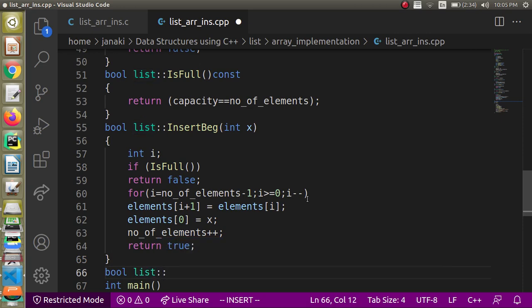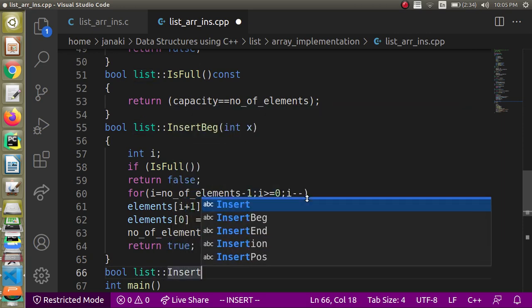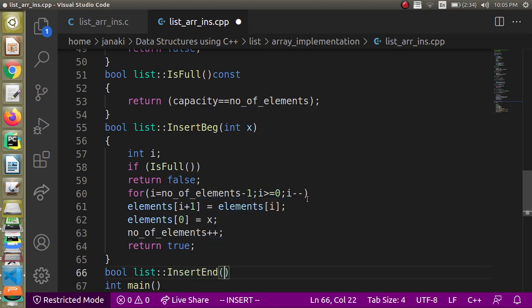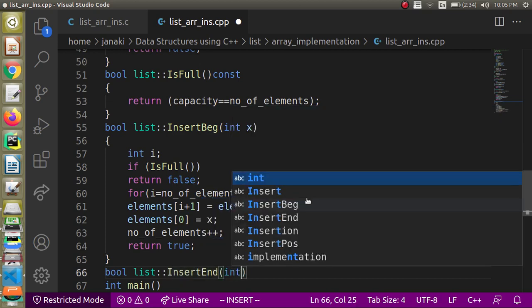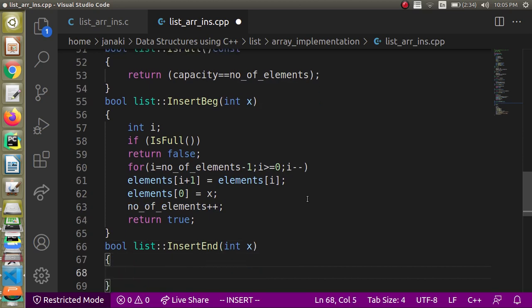And we know that bool is present in C++, so let us use bool as the return type. And we need not pass the list, because it is a member function. Whatever we are writing is a member function, and these functions will be invoked only through the list in which the operation has to be performed. So no need to pass the list explicitly. This is one of the advantages of object oriented programming, right?